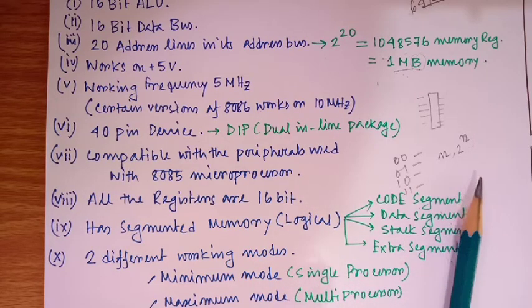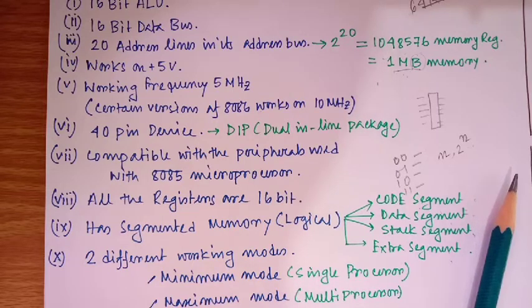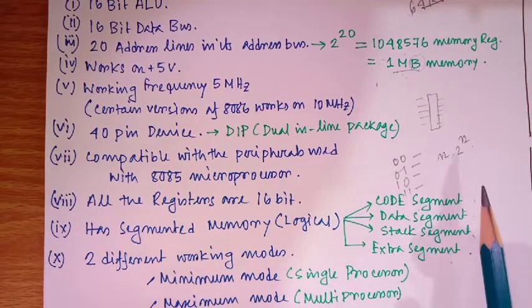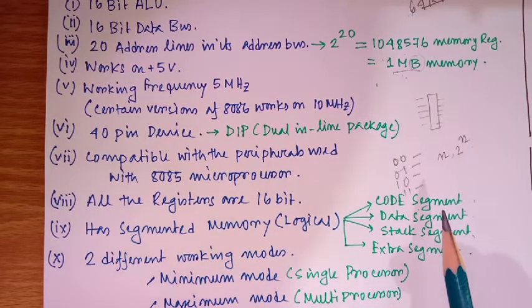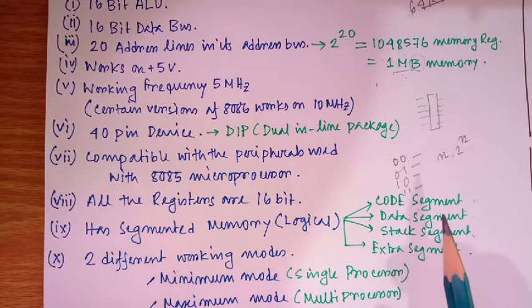We know that memory is normally used to store programs, to store data, and so many things. So here, depending upon the function that we want to perform, the memory is logically segmented into different parts. And remember, these segments are logical. That means we might not find them physically available in the system. They are designed to differentiate different parts of the memory which have different functionalities.